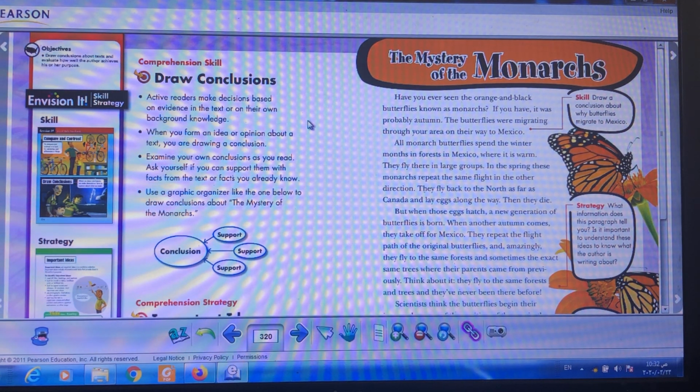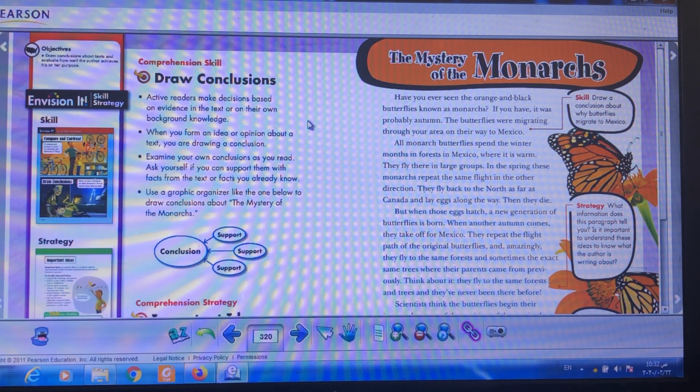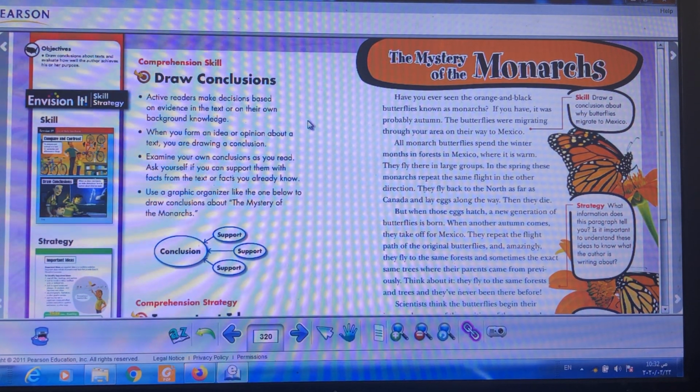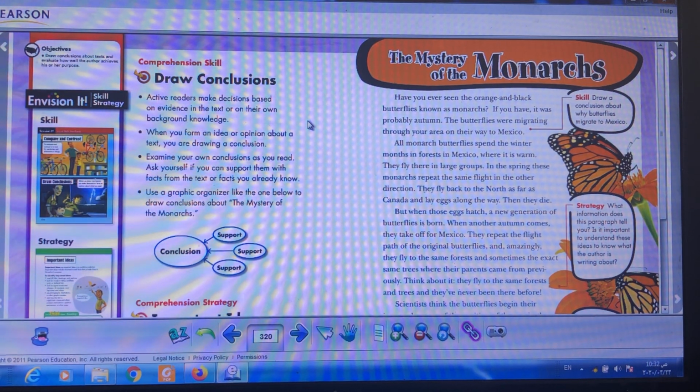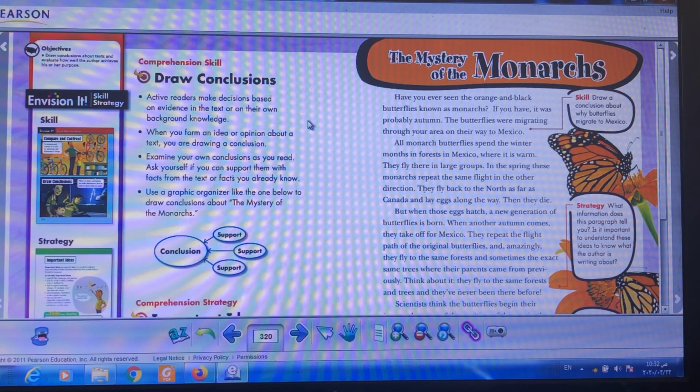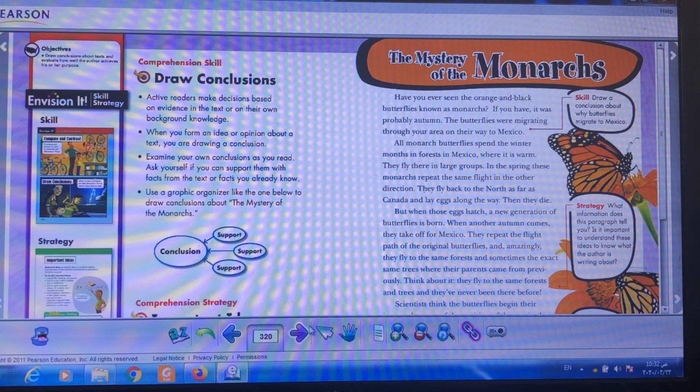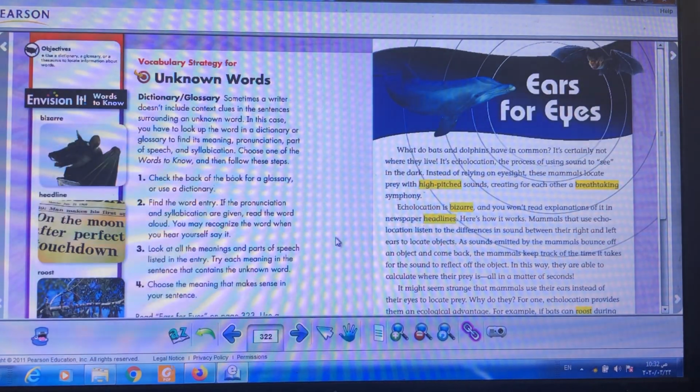So when I ask you to draw a conclusion about any topic, you use two options. The first option is information from the text, and the second option is information that you already know from your background knowledge. This is how to draw a conclusion.